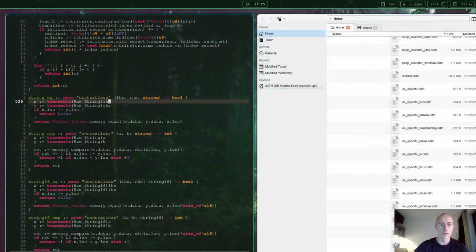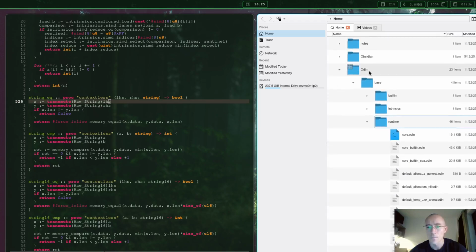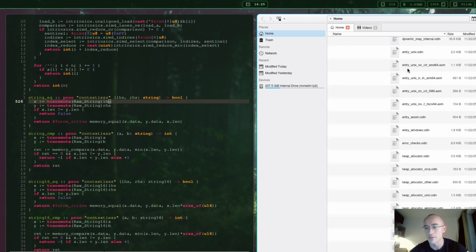So I've just learned what the keyword transmute does in Odin. I thought I'd make a video on it. Over here, you can see that I was looking at the string equals procedure, and it has the keyword transmute inside of it. To give a sense of where this procedure is in case you want to look at it yourself: wherever you've saved Odin, you can go into the base directory, into the runtime directory, and in here